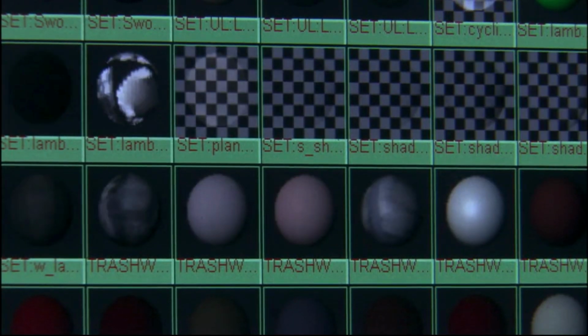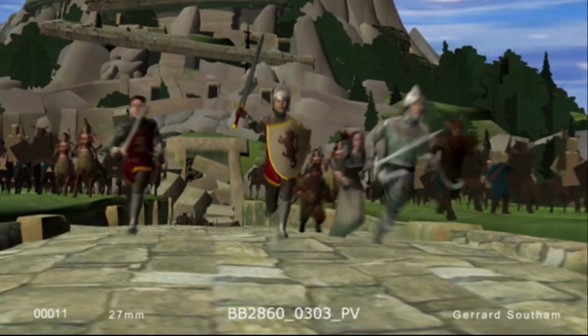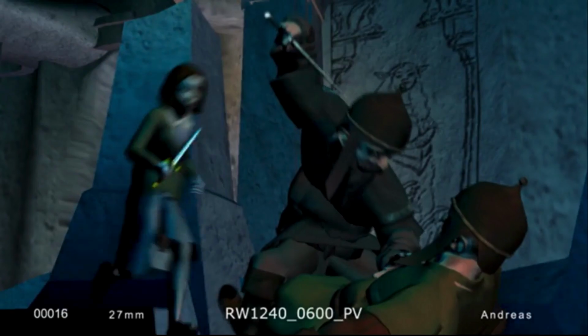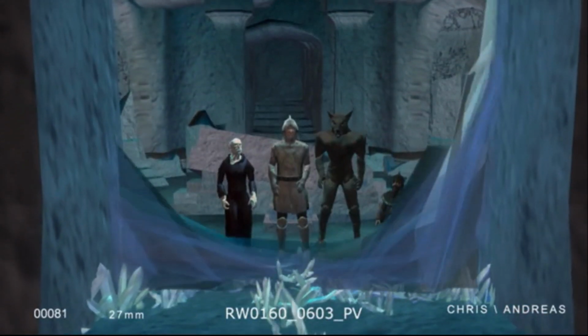There's a big step forward, I think, with Caspian. We're starting with a more solid foundation, because of everything we learned from The Lion, the Witch, and the Wardrobe, plus the technology, the machines and the software can handle more data, more geometry, more texture. Visually, I think we have a more sophisticated palette to work with. If you looked at the original Lion, Witch, and the Wardrobe previs compared to now, it's a lot more detail and looks much more exciting. But previs itself, especially with the advent of 3D movies, I think is going to become more and more essential for films that are trying to push the bounds technologically.